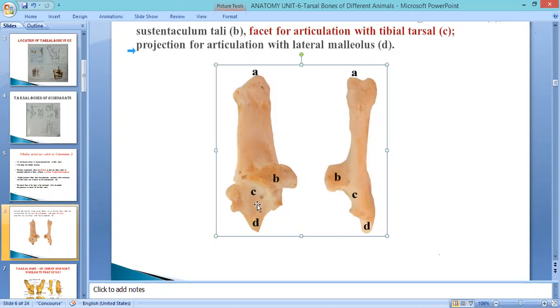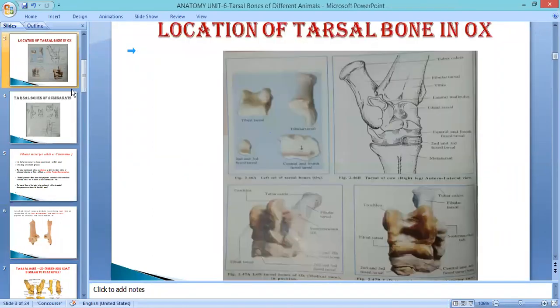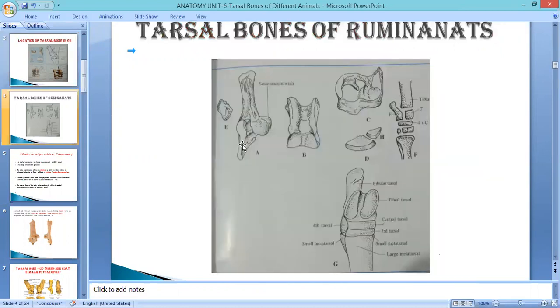So, Kushag, tell me, which tarsal bone comes in contact with this, according to this location? This is the medial part, right? Rohit? Yes, sir. This is the medial part. So which bone comes in contact with the medial part? The distal end of the tibia, sir, the malleolus. Next, the tibial tarsal. Tibial tarsal, right? This one comes in contact with this one.